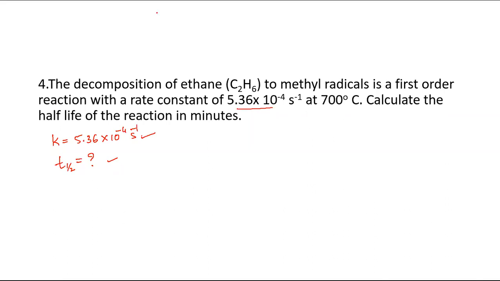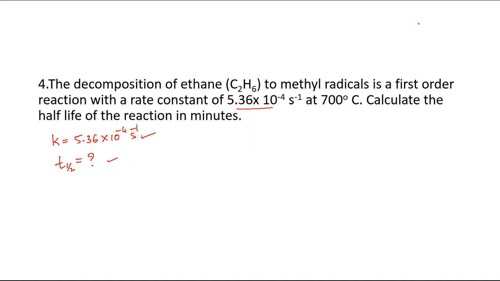Can anybody tell me which formula we have to use here? In this problem we only have K and T half, we only have information about two symbols. We do not know about the concentration of the reactant and even the percentage. Which formula we have to use? No, not dr by r. We know the value of K and we need to find out T half. What do you mean by half? It is 50%, so what should we use?